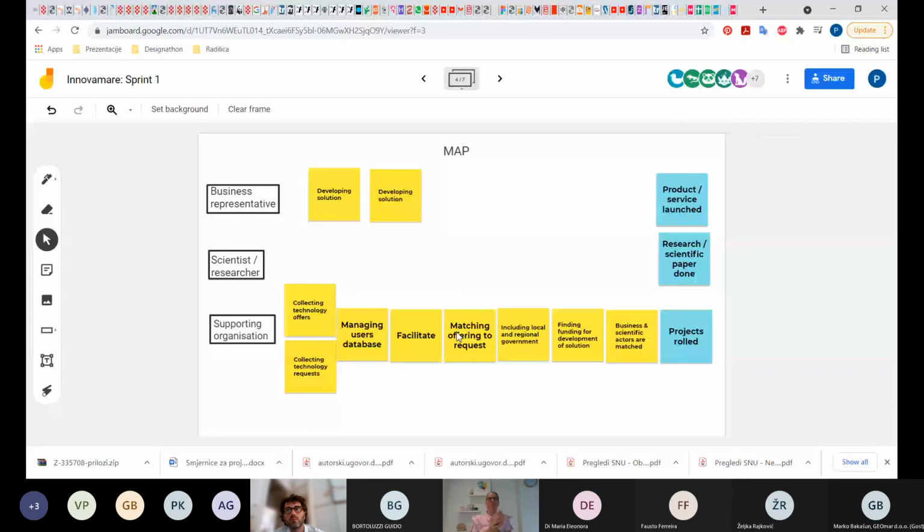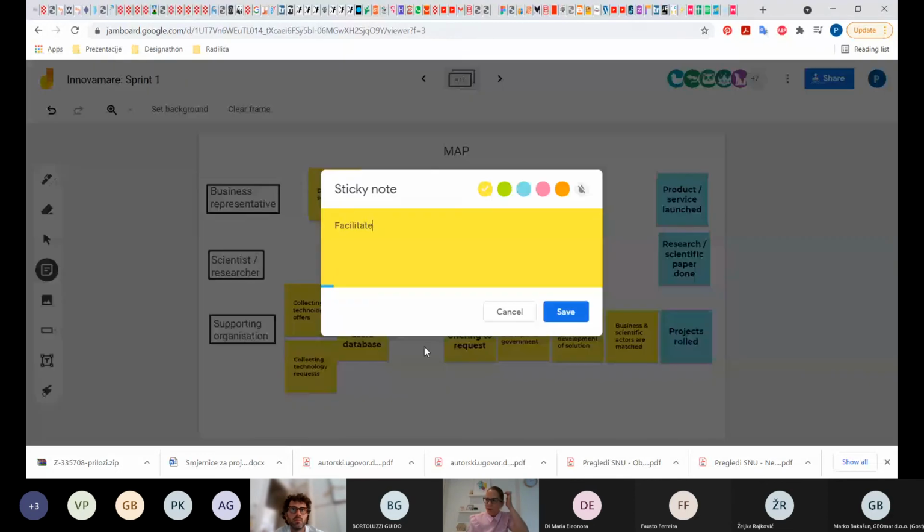Can you help me with how to phrase it? I think I understand in what ways more support is needed, but how can we phrase it? After we have offers and requests, we have the users database. So basically the supporting organization should also, before or during the matching of offerings to requests, it can be a step before or even sometimes a step after, but facilitate. How can we phrase it to include what you mentioned, to facilitate better understanding or better sharing of possibilities or